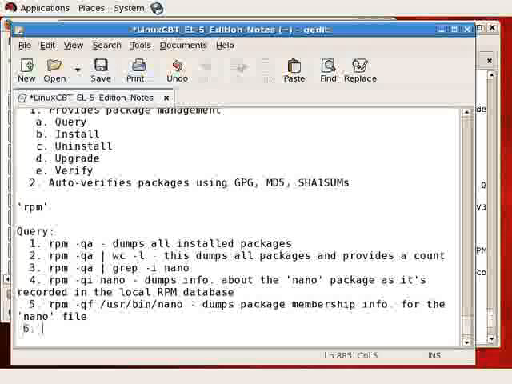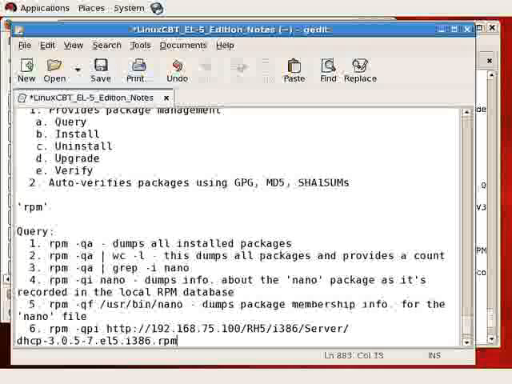So it dumps information about the Nano package as it's recorded in the local RPM database. However, as a sixth option, rpm -q -p -i followed by the URL that we've just pasted dumps info about the uninstalled DHCP